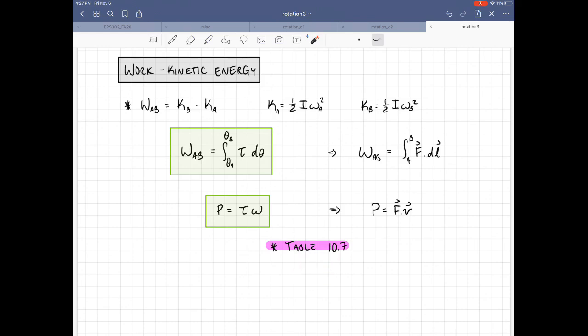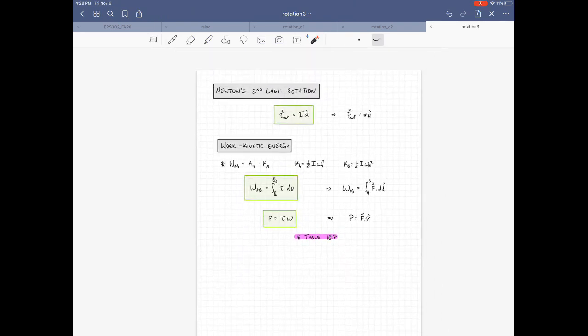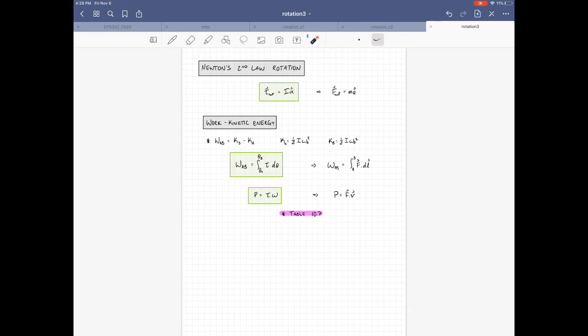This table has all of our rotational quantities that we've been talking about with the translational quantities next to them, so that you can start to make those connections between moment of inertia and mass, kinetic energy for rotation versus translational, Newton's second law for rotation versus Newton's second law for forces, and then these work, energy, power relationships. So this is the framework that we're going to use to start to solve rotational problems,